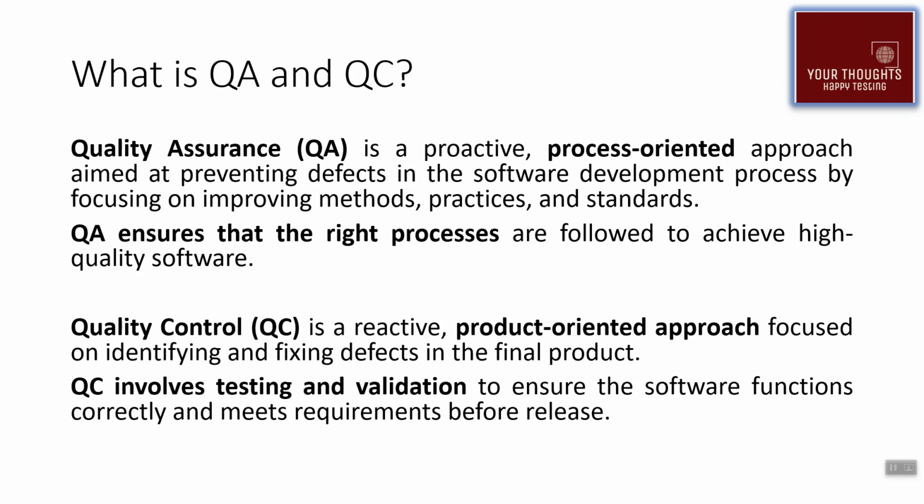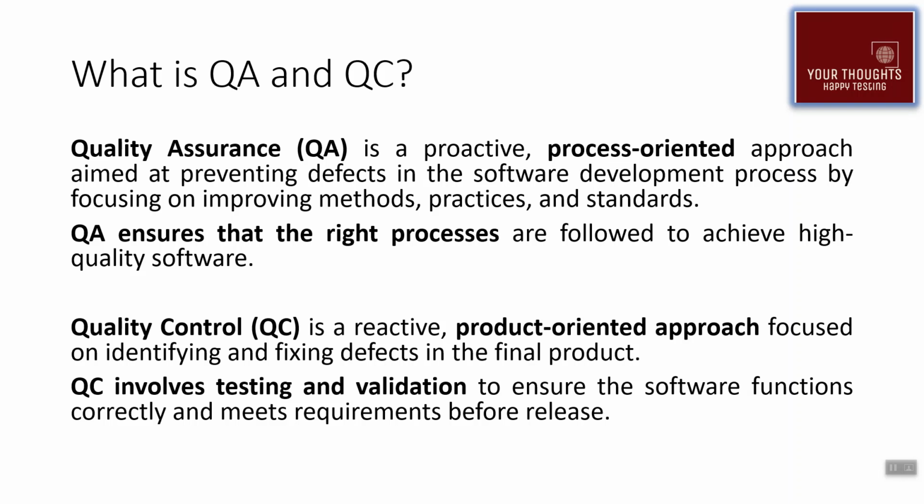If we talk about quality assurance first, it's a process where we deal with different approaches and try to prevent bugs from being injected into our software development process, improve the methods and practices, and also make some standards. It's purely a brain-use game, because it's purely analysis and crafting related. Quality assurance is the right process followed to achieve high quality software.